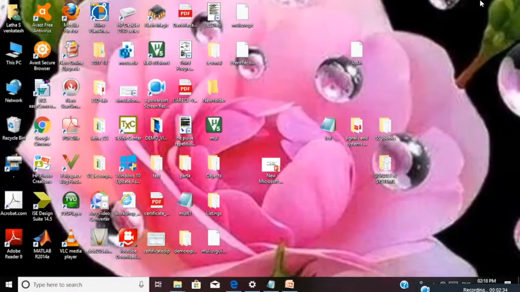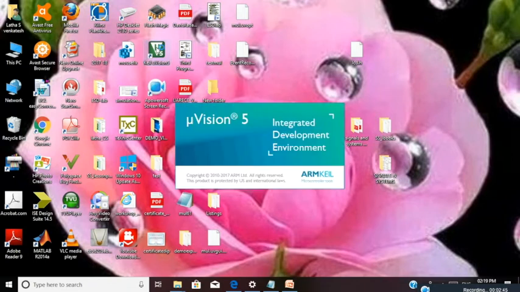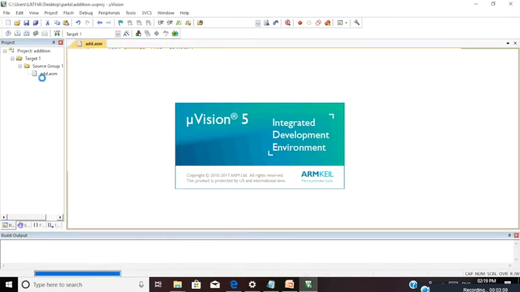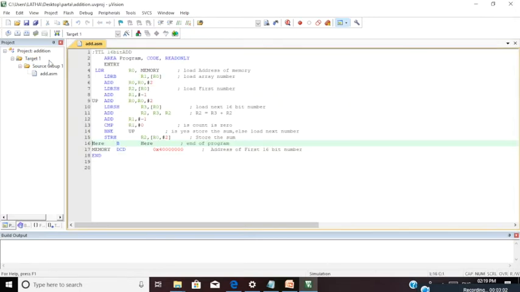Now we'll see how to execute this code, and what result we are going to get when we add a set of values like this. As usual, you're supposed to open your Keil version 5 software, so double click on the icon. You need to create your project with some particular name in your folder, and then create the source code to add these numbers. I've created a project with the name addition, and this is the file that I've created to perform the addition of 10 values which are stored in a memory location.